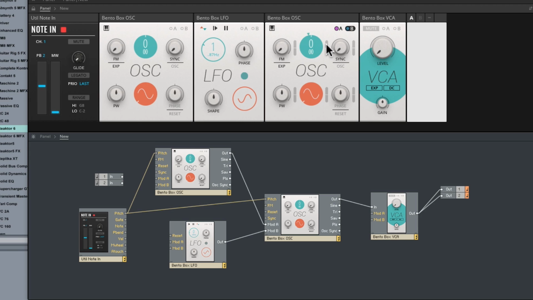Now LFOs are called LFOs for a reason, in that they generally, although this one does go into the audible frequency range, oscillate a lot slower than an oscillator. This one goes up to actually 100 hertz, which is obviously into the audible frequency range. But an oscillator might have a range of, say, 0 or 1 hertz up to 20,000 plus cycles per second or hertz. So what happens if we now modulate the pitch